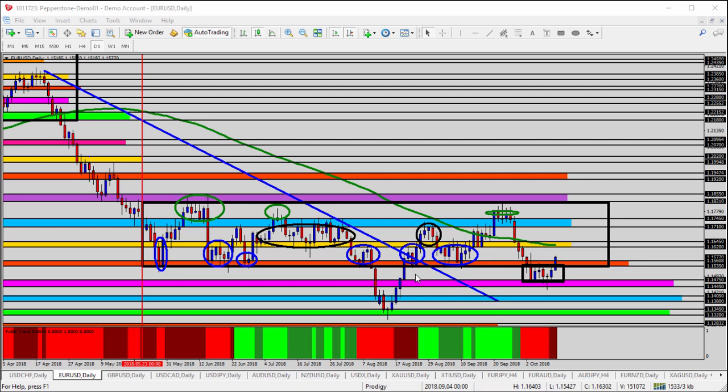Inside this large black box between the orange, yellow, blue, and purple shaded areas that you see here towards the bottom of the chart, you see all these circles representing periods of congestion, support, and resistance. Most importantly, of course, the blue circles at the bottom, because that's where we are currently challenging that orange shaded area. Two periods now where the market's been underneath that orange zone in the middle of the chart,